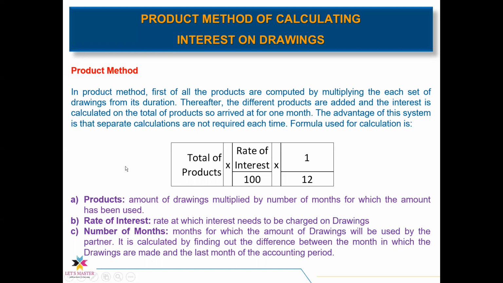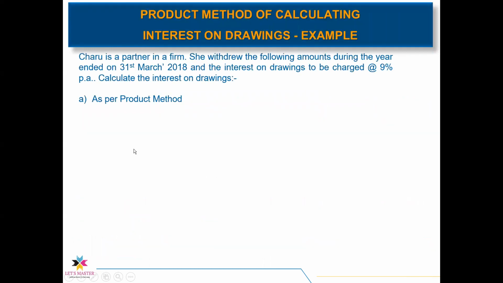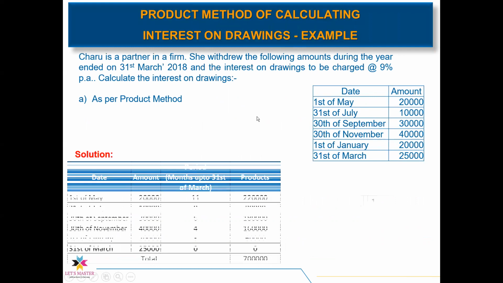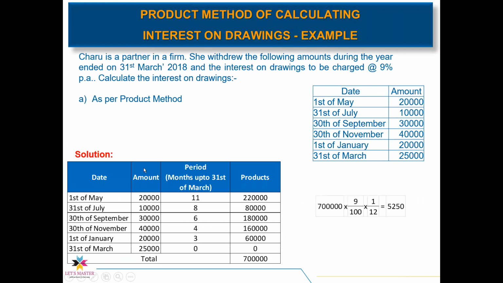Now let's see how to calculate the interest on drawings using the product method. Same example, but here instead of using the simple method, we will use the product method. This is the same table, same data that we have used in our previous example. But now what we will do is, instead of calculating the interest separately for each withdrawal, we will calculate the product. And to calculate the product, we will multiply the amount by the number of months. And number of months we have arrived at in the same way. So the total of all these products is